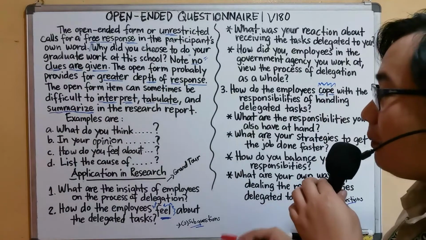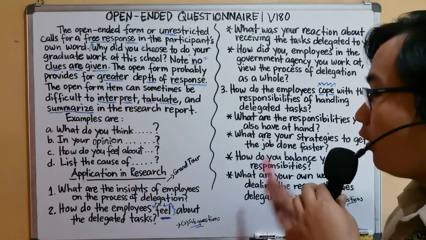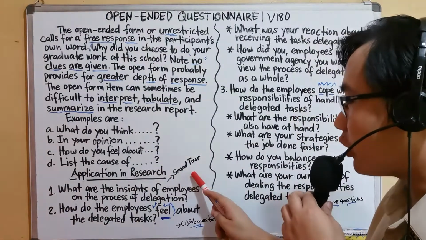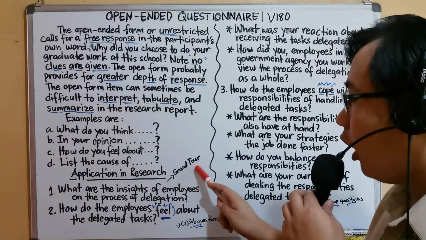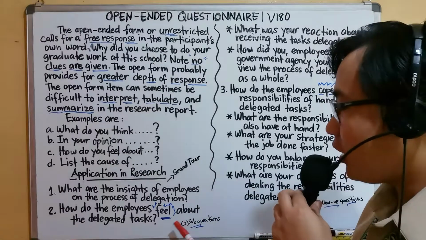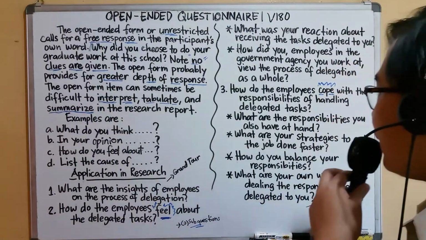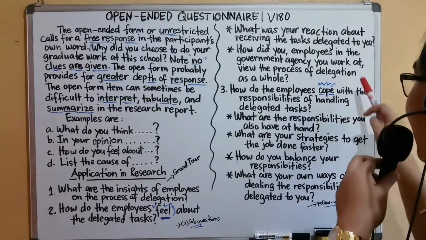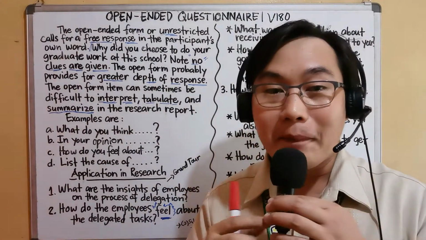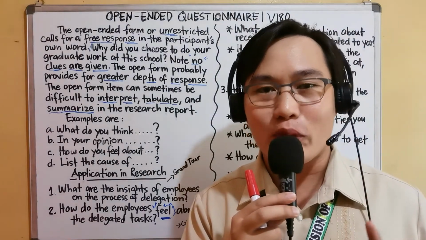Meaning to say, in the application of an open-ended questionnaire, ito po ang simple strategy na dapat gawin ninyo. First thing is bumuo kayo ng grand tour question. Ito yung number 1 ninyo, which is the grand tour question. Out from the grand tour question na yan, bumuo ka ng dalawang sub-questions, okay? Na kung saan, first is kunin mo yung feelings, okay, ng iyong participants. And ikalawa naman is kunin mo yung kanilang coping mechanisms. So, yun lang po ang pinakamadaling pattern in the application of the open-ended questionnaire in a qualitative research.